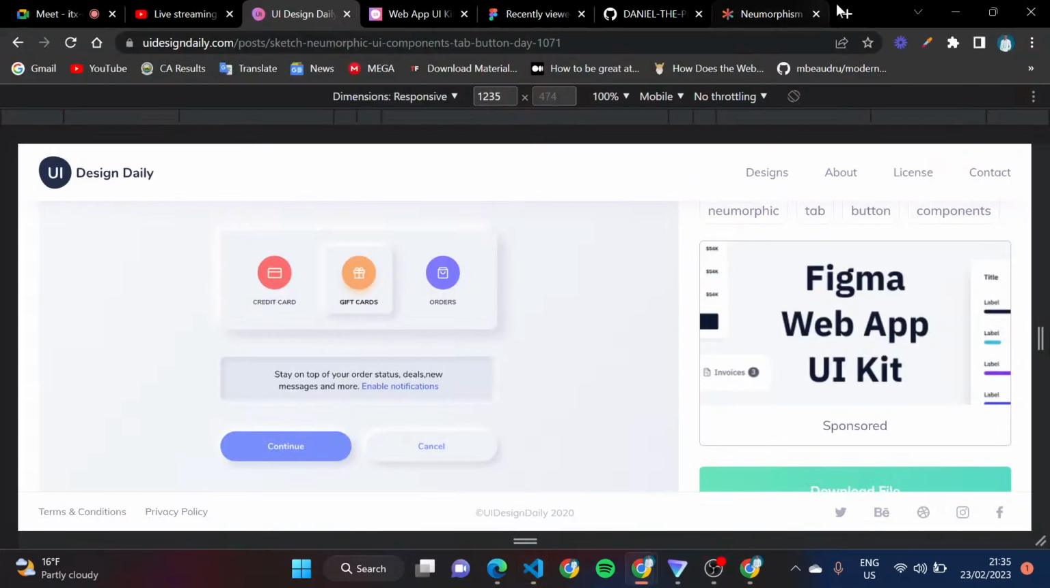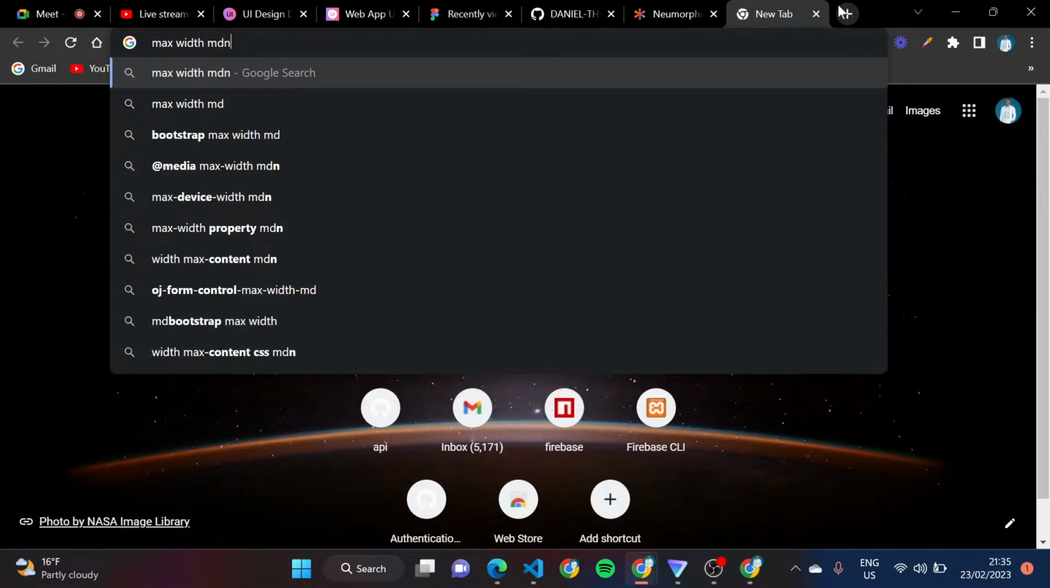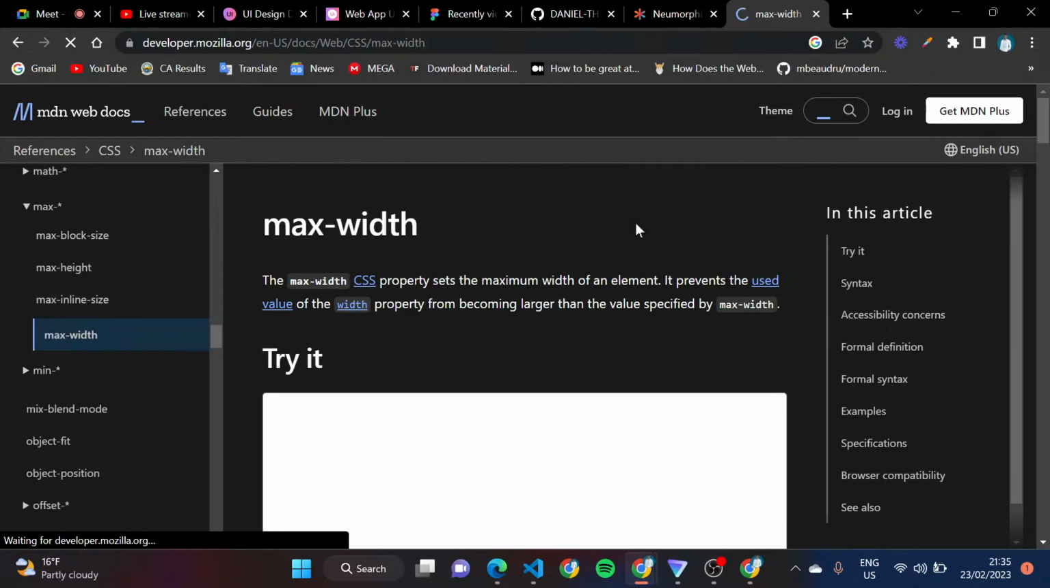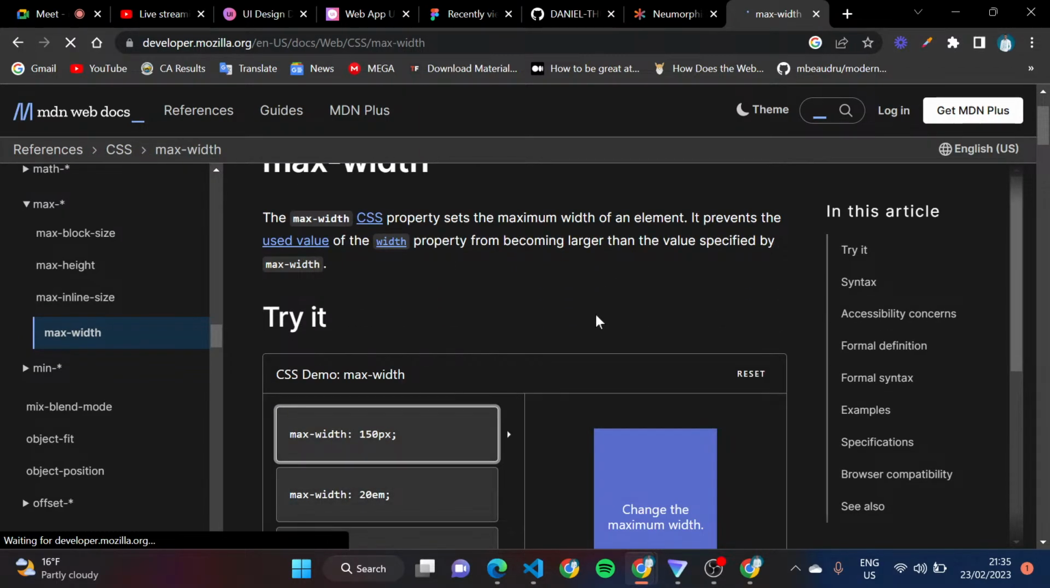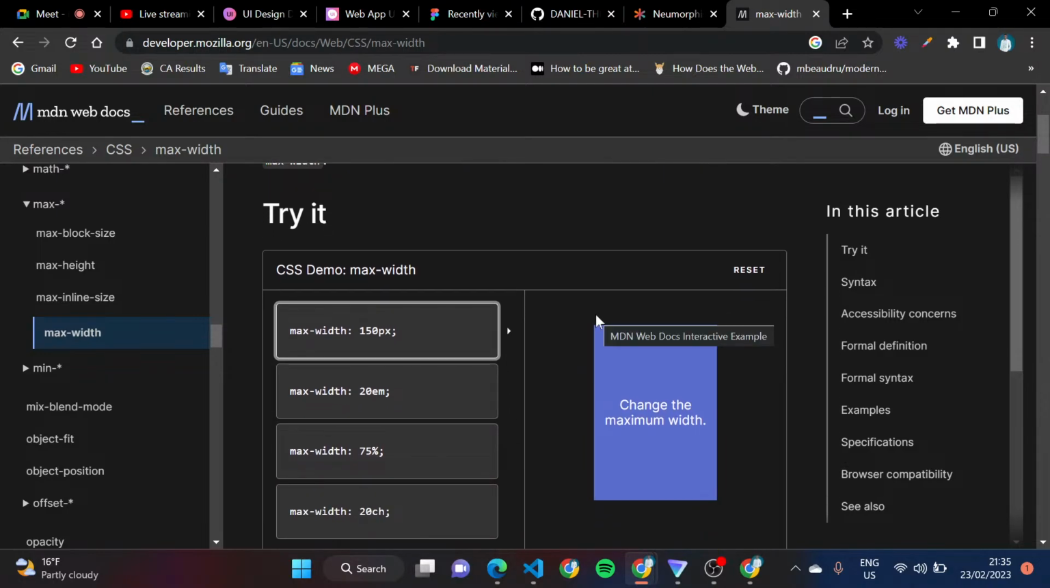Now there's what they call max width. Let's check max width MDN and see how you use max width when setting the maximum width of the whole element. It helps you set the maximum width of an element, and prevents the used value of the width property from becoming larger than the value specified. So now if you know that maybe your page will be larger or lesser than 100%,